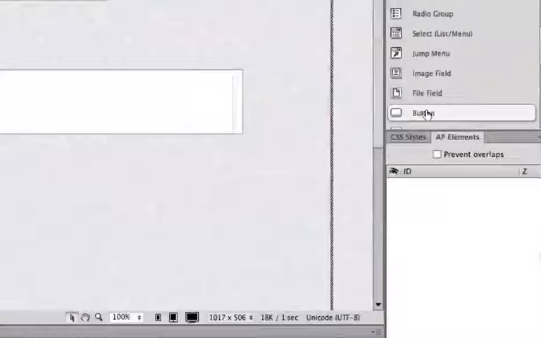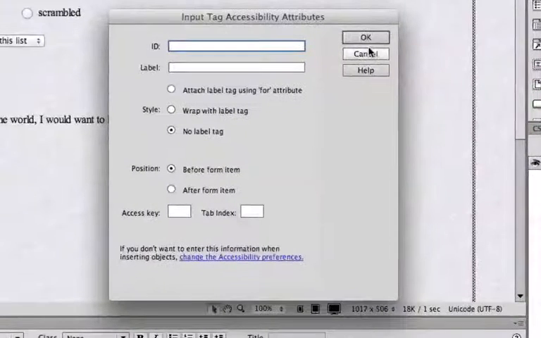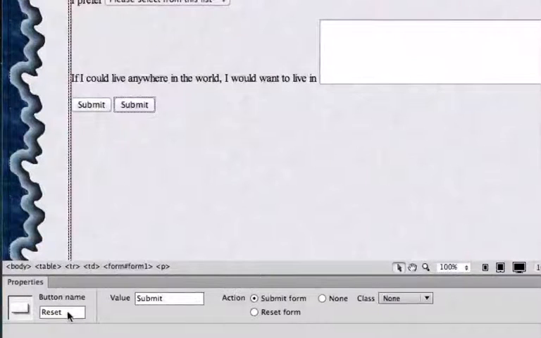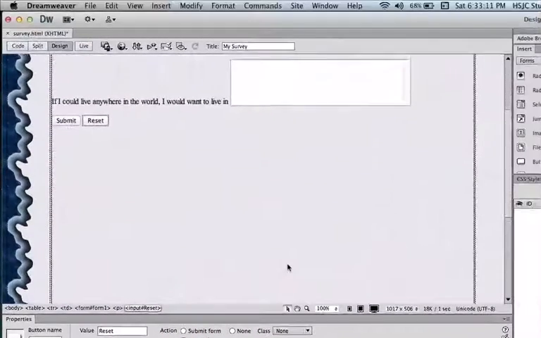I'm going to create a new button. I'm going to call this one reset. I'll say OK. My button name is, excuse me, my button name is reset. My value, I'm going to change that to reset. And I'm going to change the action to reset form. Okay. Now,